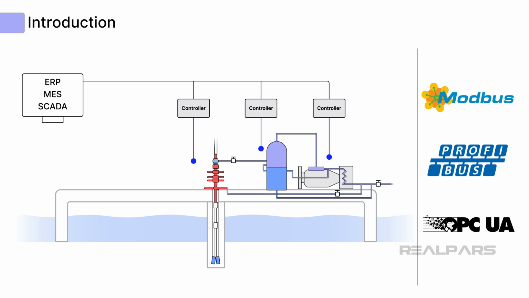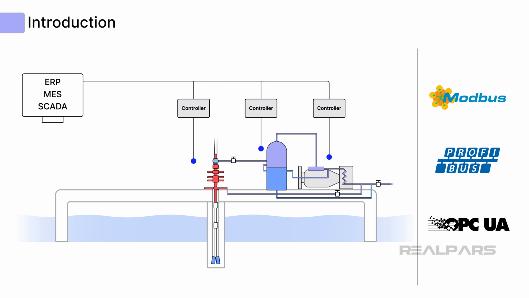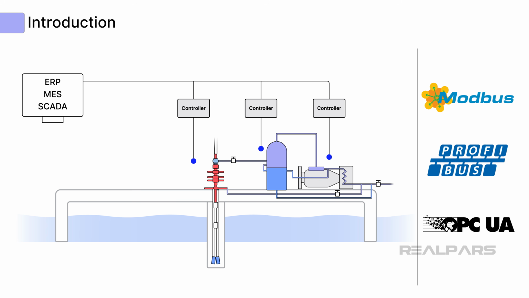These communication protocols, such as Modbus, Profibus, and OPC UA, provide the pathway for data from the wellhead sensors and devices to the controllers, control rooms, and data historians that allow operators to perform these processing steps reliably, efficiently, and safely. In this video, I will explore how these industrial communication protocols allow automation engineers to construct systems that are